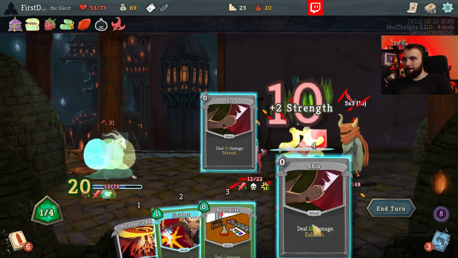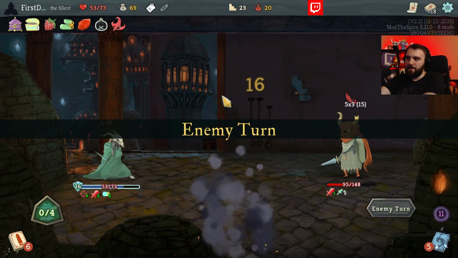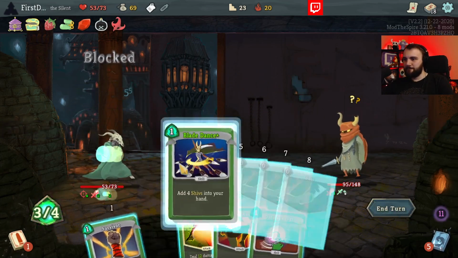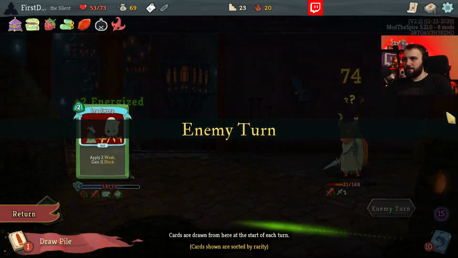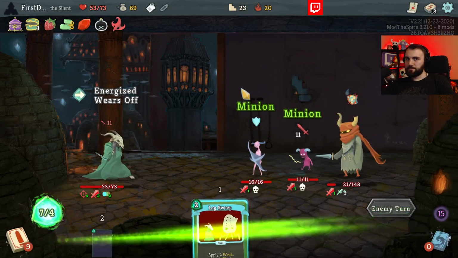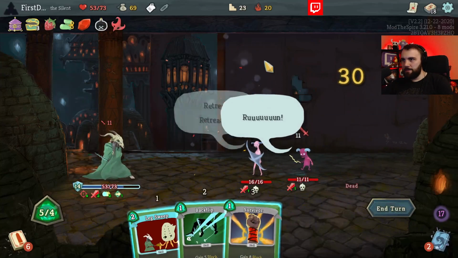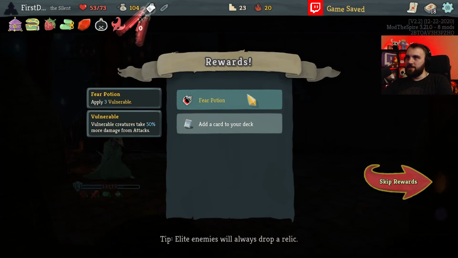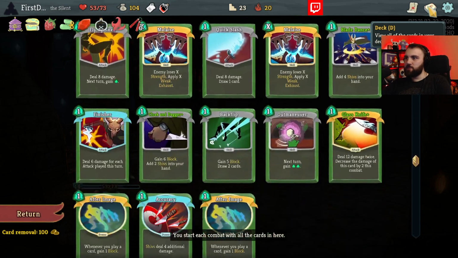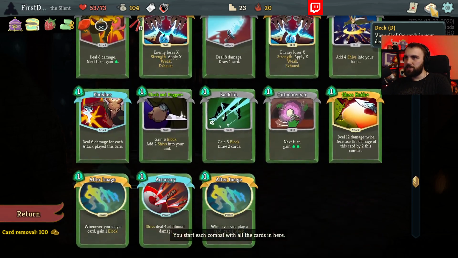All right. Got him. Clean fight. We get Nunchaku again. I swear a lot of these runs are just starting to feel very familiar. Blade Dance number 2 versus Terror. I mean, we really want both of those, but we got to take the